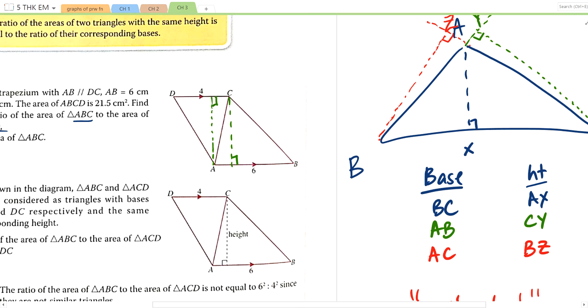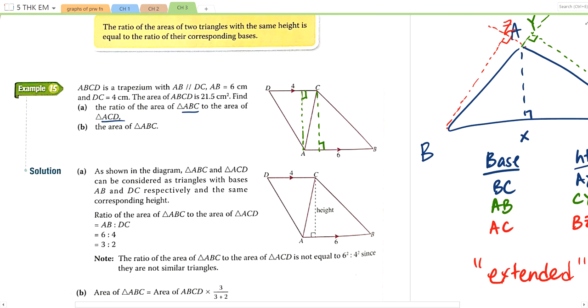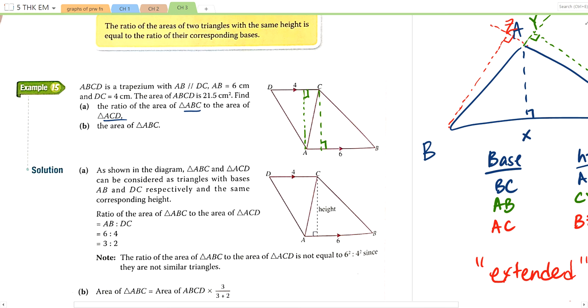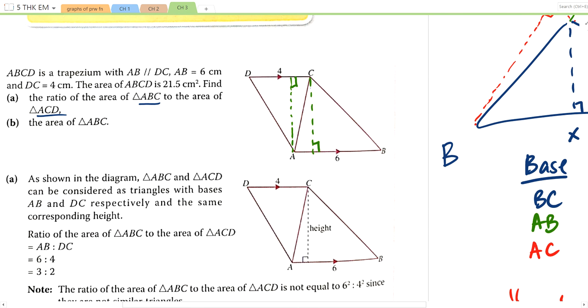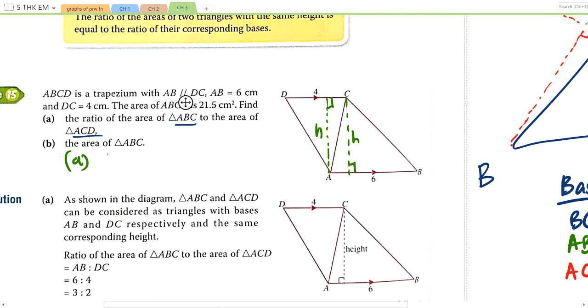But the bases are different. If these two green lines are the heights, which two are the bases? AB and CD, yes. So with that, I can easily find the ratio of area. I don't need to find the actual areas for the two triangles. I just need to use the ratio of the bases. So area ABC to area ACD. Let's call this H. Let's call this H. So part A, my answer will be area